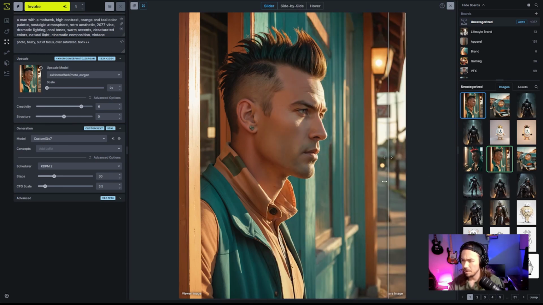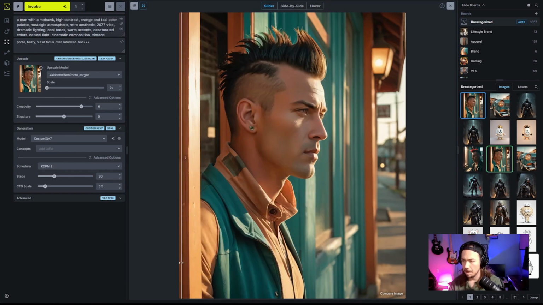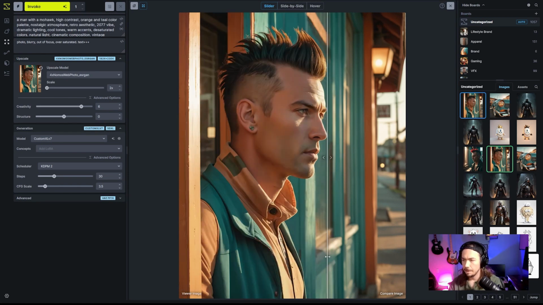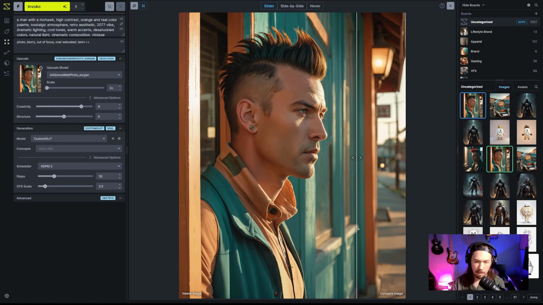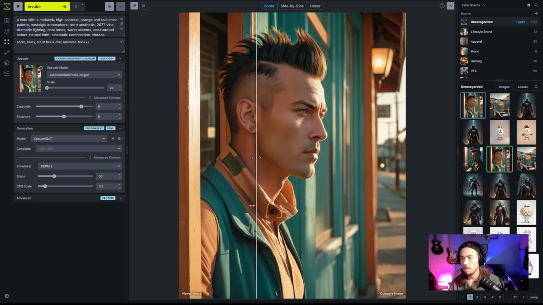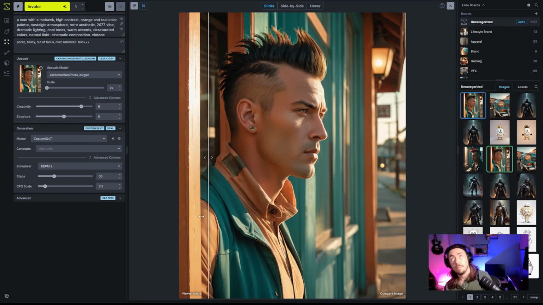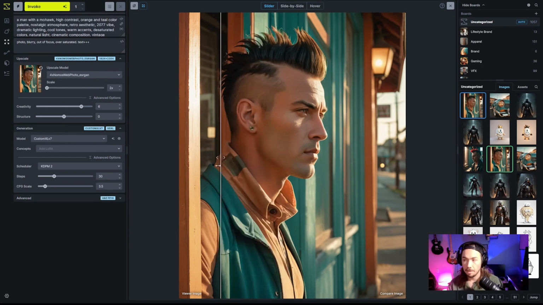Some of the details are fixed, like the eyes. Let's see if there are any other details. There's a little bit more of a wood texture in the background. The clothes have, I would say, a much nicer texture. Like the zipper looks good. This looks a little bit cleaner. Overall, I think there are a lot of good details. You probably still want to inpaint this one. If you're upscaling an image, you want to really push it away from that core style, so let's maybe go back to